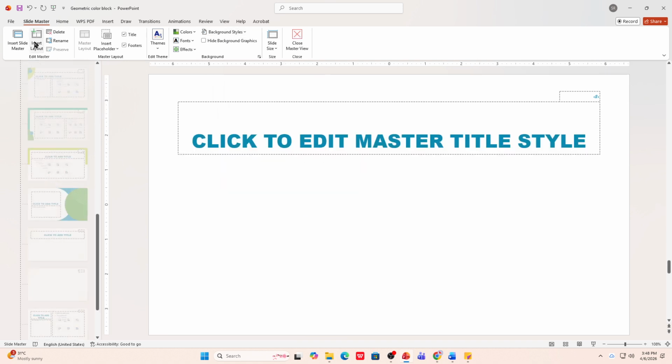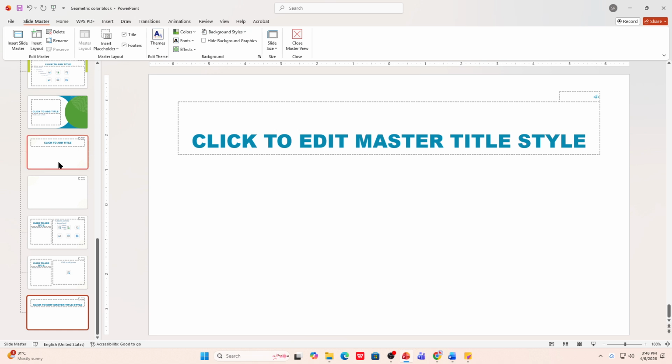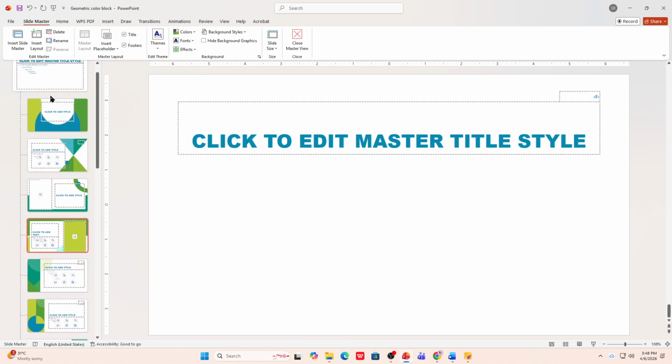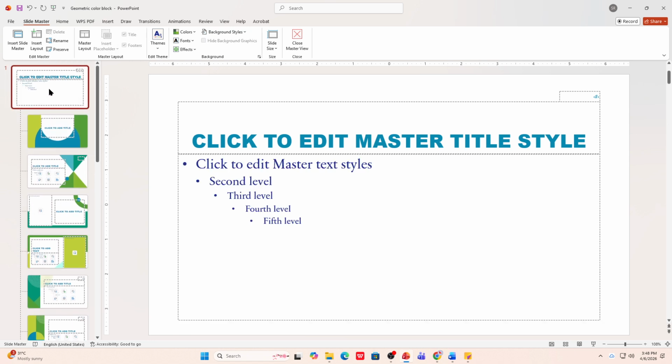Now fine-tune individual layout slides. Click any layout beneath the master to adjust layout-specific details. You might reposition the title box, tweak bullet styles, tighten or expand spacing, or include subtle background graphics. These edits apply only to slides using that layout, so it's a great way to tailor different slide types while